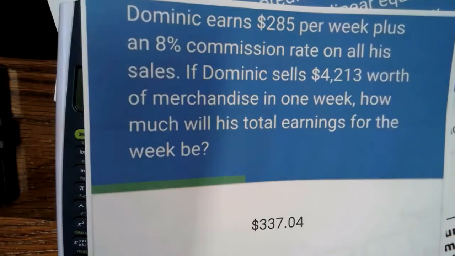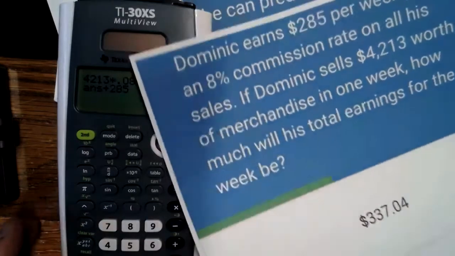Dominic earns $285 per week plus an 8% commission rate on all his sales. So if he sells $4,213 worth of merchandise in 1 week, how much will his total earnings be for that week? So we've got to find, he makes an 8% commission. That means we have to find 8% of his total sales. So we're going to start with,